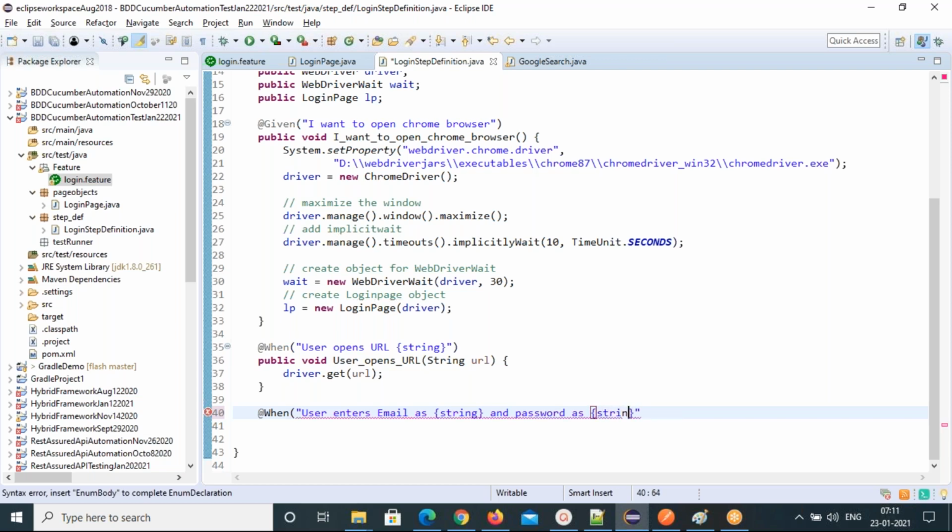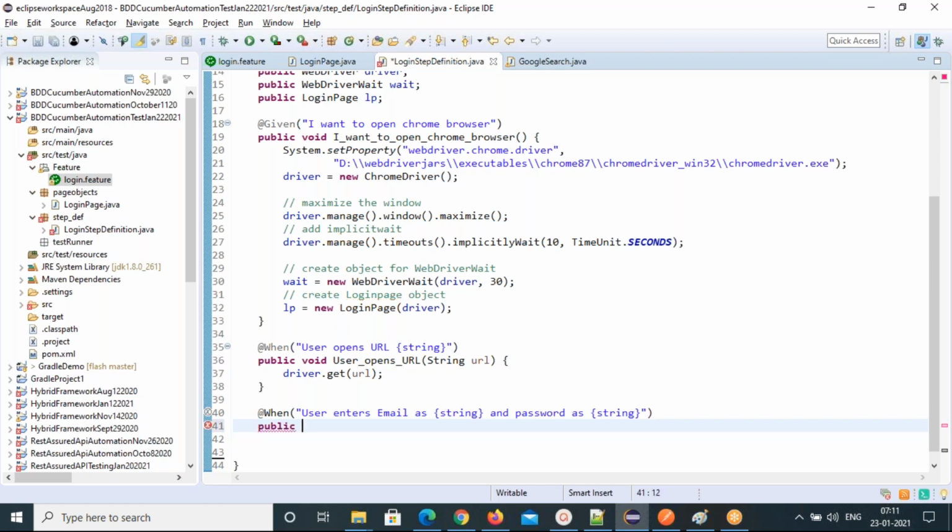Just put a string, and that's what we need to do. Same, you can create a plain Java method, and these parameters you give it here. So what are those parameters?